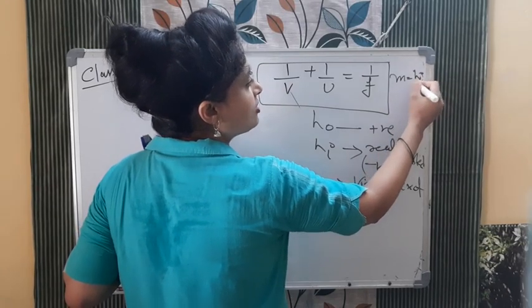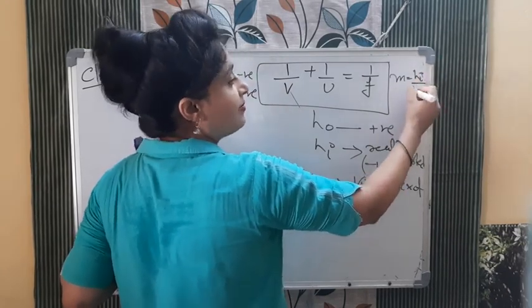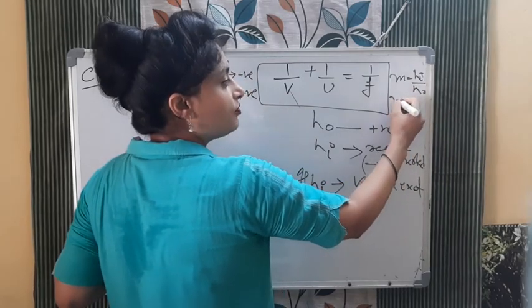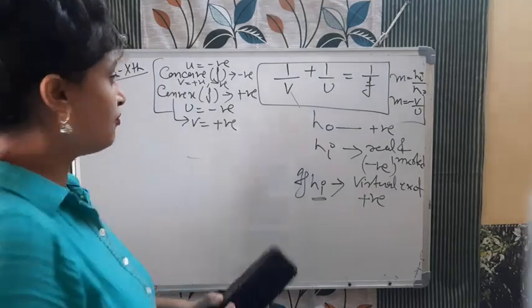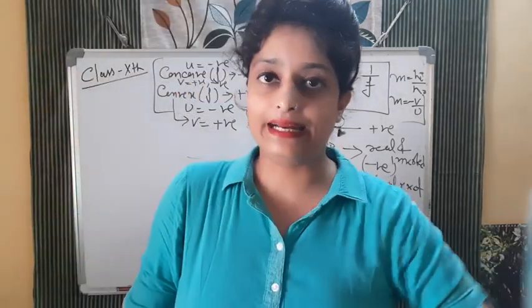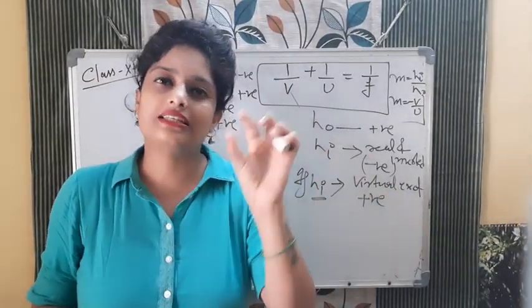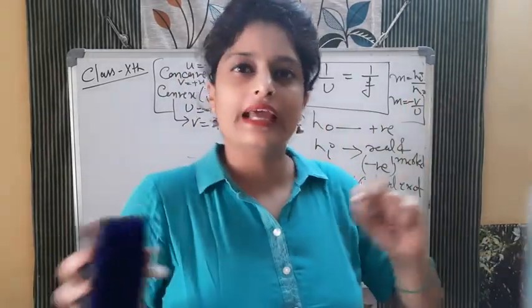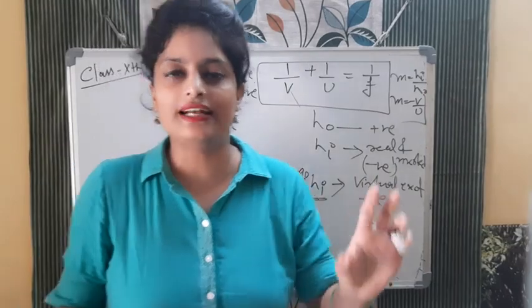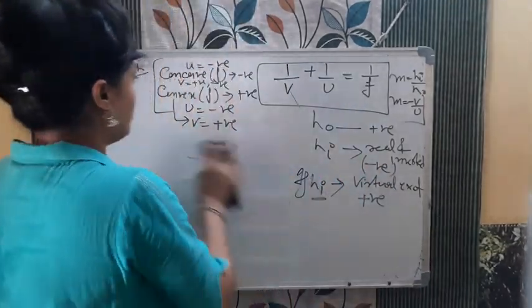Okay, this formula we will use, and for magnification we know HI by HO, or height of image divided by height of object. In terms of V and U, you will write minus V by U. Okay, so these were the formulas and this was the sign convention. Again I repeated. Now we will start with a very simple numerical and then we will move to some complicated, not that much. Once you understand the sign convention, it will be very easy for you to solve the numericals. Trust me.